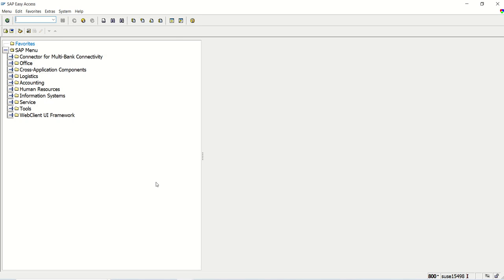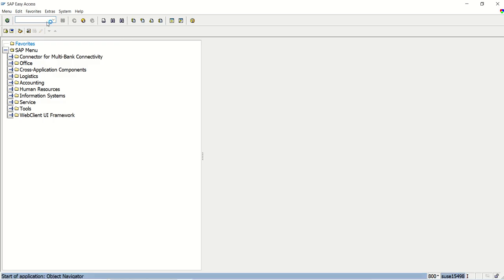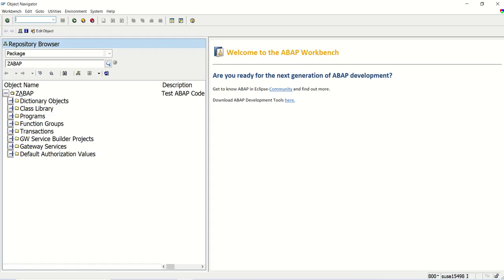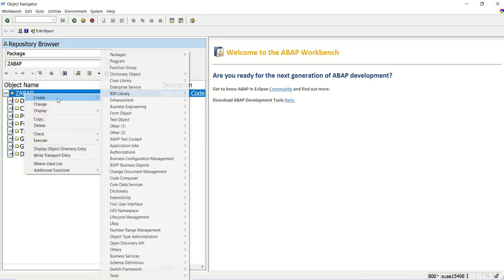So in the last lecture, I modified the RFC with table type and we created the new WSDL. Now I am in a different system. This is the consumer system. This will consume the same WSDL. So go to SE80, select the package, right click here, create